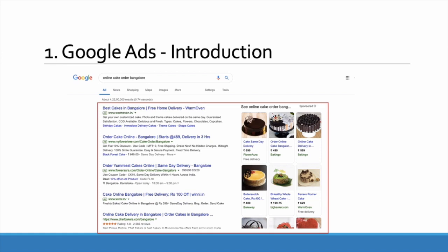So this is the easiest way I can achieve my business goal without breaking a sweat. However, I need to set up my ad account and also understand how advertising in Google works. So we'll look at the same in upcoming slides.